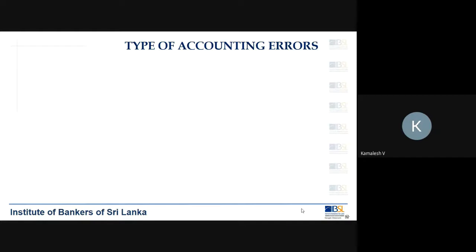The next set of errors. Error of omission. Now we have looked at error of commission. Now, what do you mean by error of omission? Failure to enter in accounts both the debit and credit. So can you recall the transaction I told you? A customer who is in a hurry to deposit 20,000 to the account comes, and all of a sudden he goes, and you also forget it. The transaction is completely omitted, debits and credits. That is error of omission.